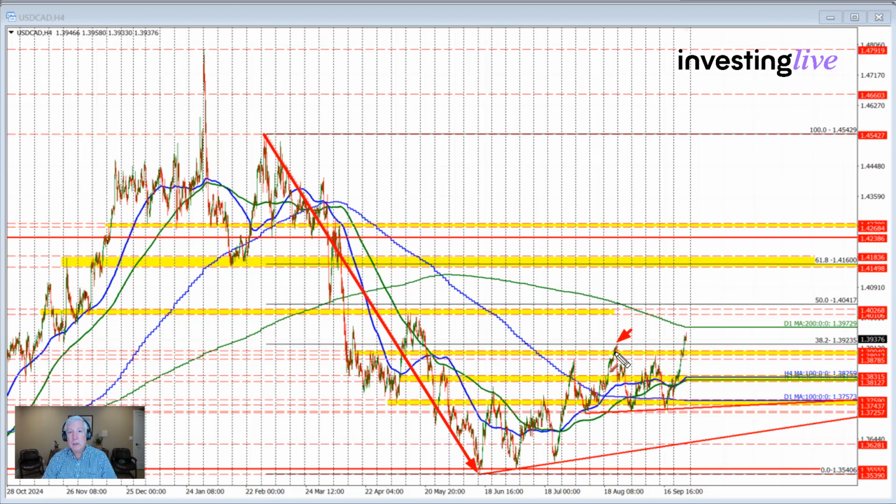at the 1.39235 level. The subsequent move to the downside saw the price extend toward this low price right here, and then in trading last week, it came back down to the trend line and toward these low prices right through here. It was a nice little neckline that could have been broken, leading to a sharp move to the downside. Instead, we found buyers, and the buyers have taken the price sharply to the upside and back above that 38.2%